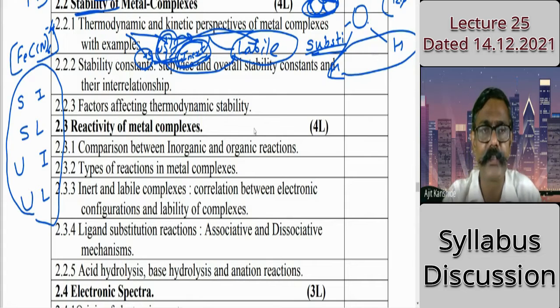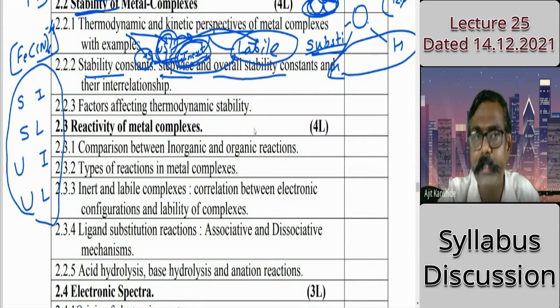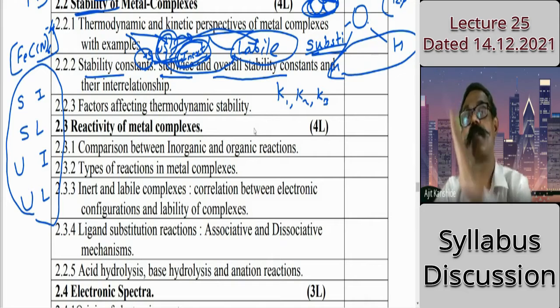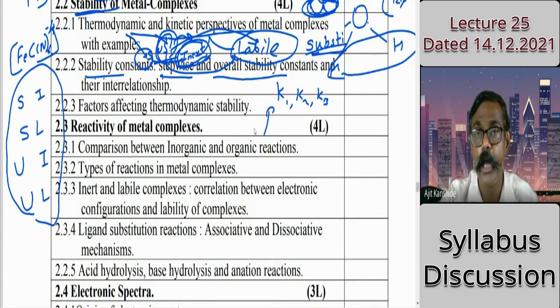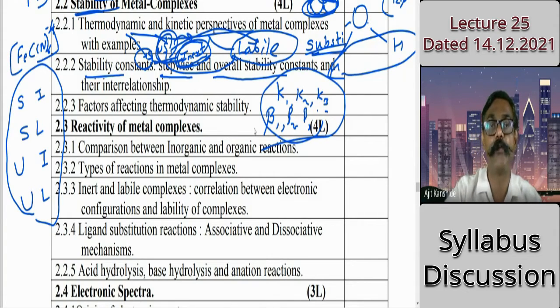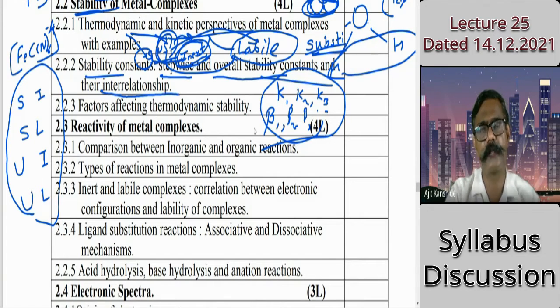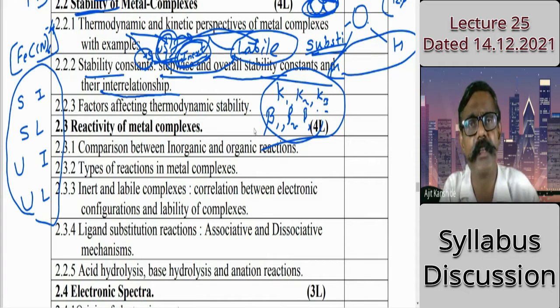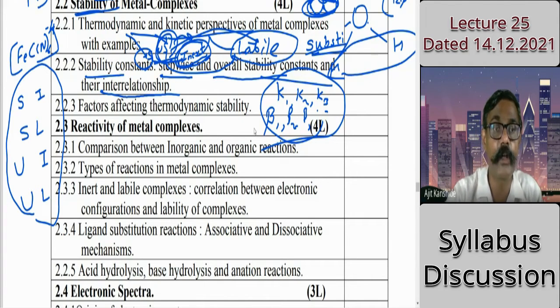So there are stability constants: stepwise stability constant, overall stability constant, and their relationship. Stepwise formation constants will be represented by K1, K2, and K3; 1, 2, 3 are different steps. Overall formation constants will be represented by beta 1, beta 2, beta 3, and so on. So the relationship between them, that we have to study. That point is mentioned as constants with their interrelationship. Very, very simple mathematics is there in this part. And the last part is the essence of that topic.